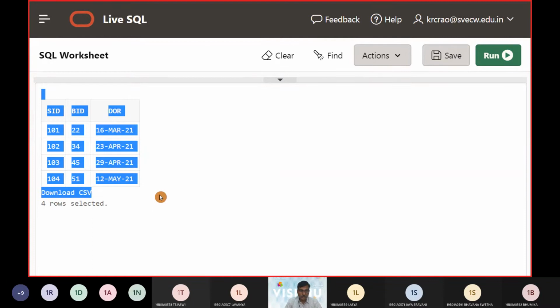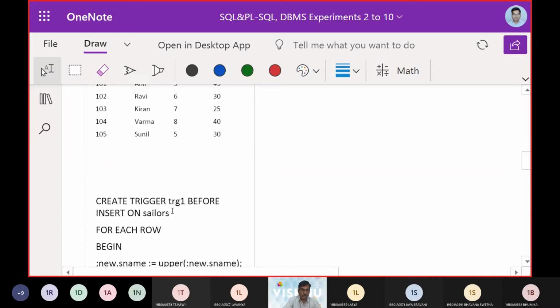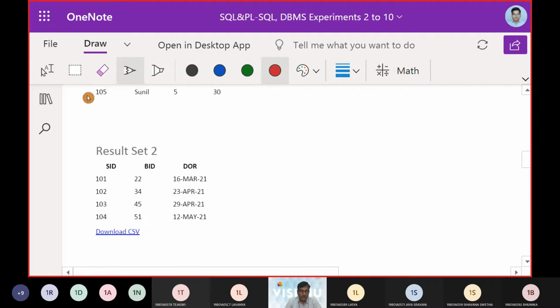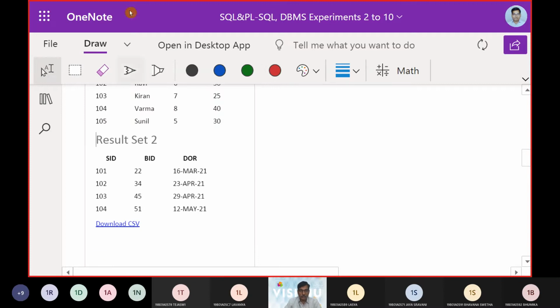In the Sailors table we have 5 rows and 4 rows here. The first one executed is called result set 1, and the second execution is result set 2. Result set 1 represents the Sailors table, and result set 2 is calling up the Reserves table.